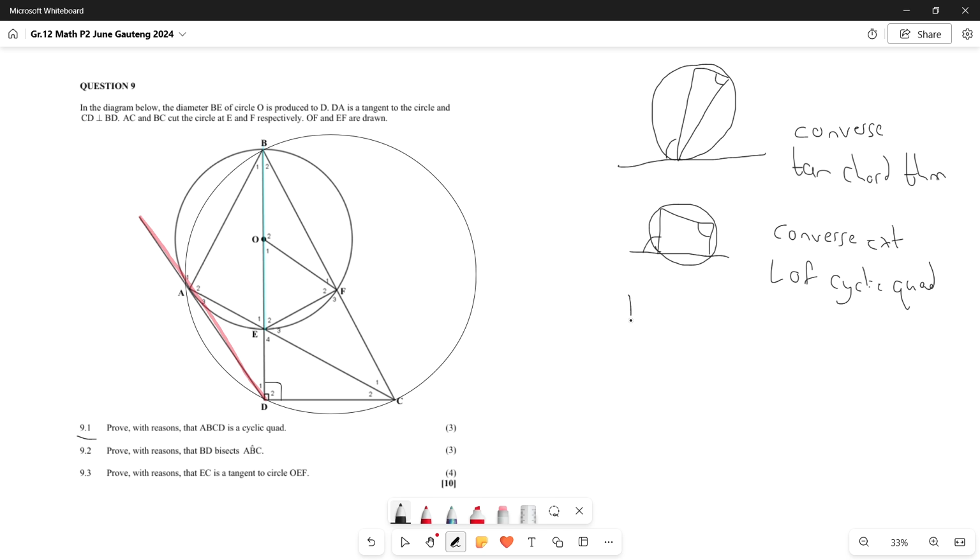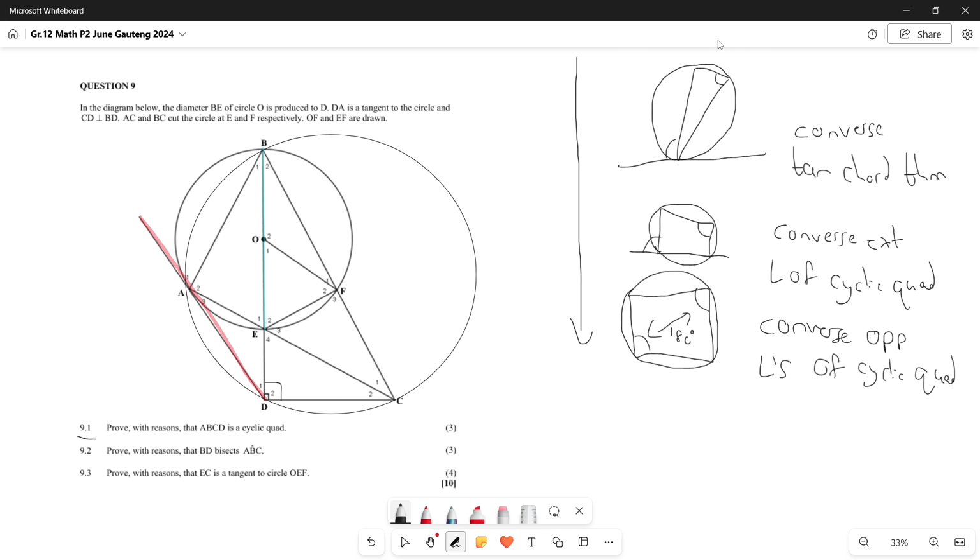From there, a common third one is to prove opposite angles are supplementary. So if this angle plus this angle add up to 180 degrees, then therefore we can also draw a circle around this quadrilateral touching all 4 points. And this is called converse opposite angles of cyclic quad, which means we can look for either of these 3 in this scenario, but the proof that we are going to use has to do with converse angles in same